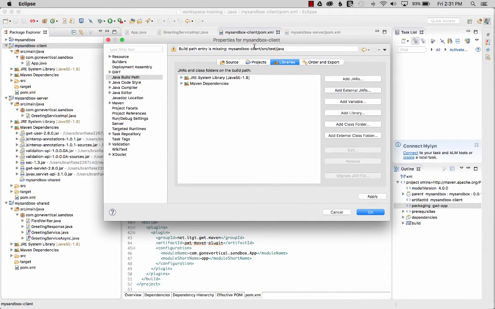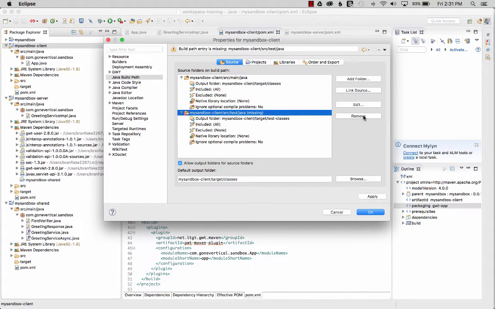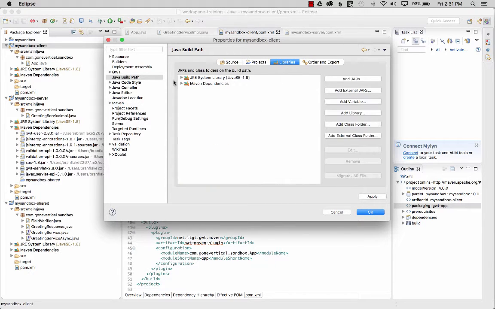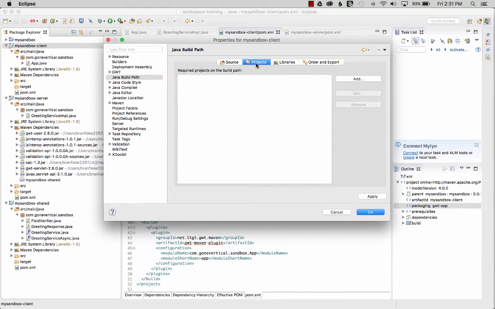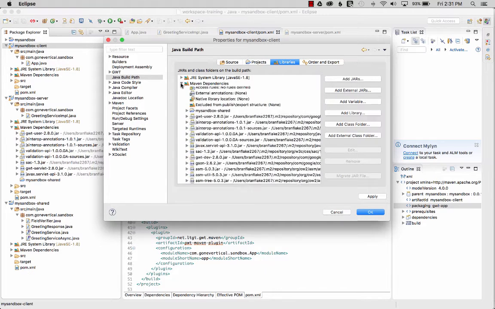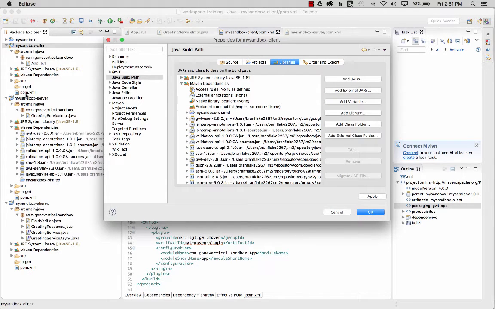So if we go to source, we don't need this yet because we don't have test cases. And so projects, libraries, we have the Maven Dependencies. Same thing over here. In each module will show the class path. Now the unique thing about the modular web app is both the client class path and the server class path